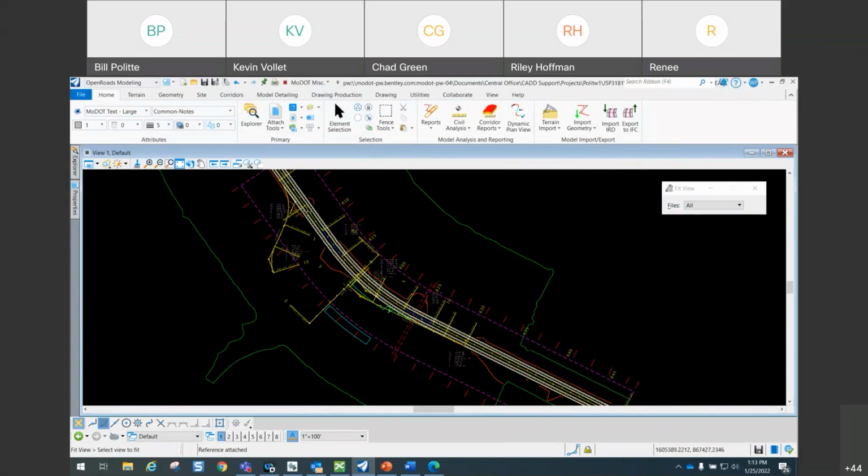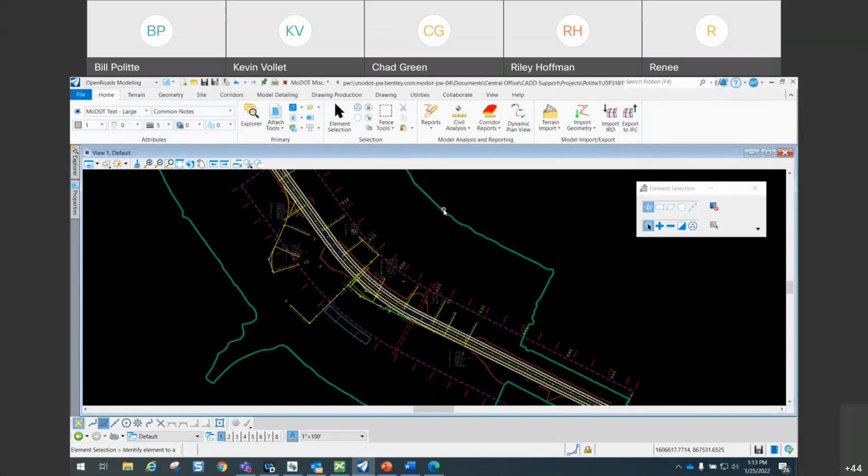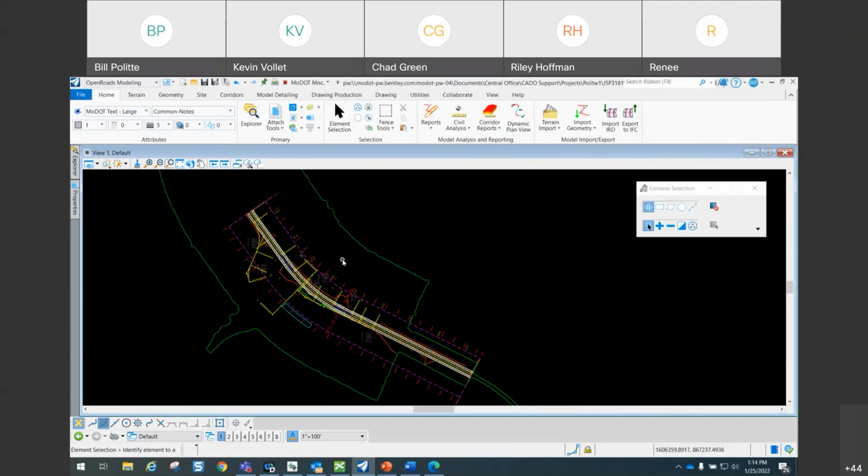So this is my geometry. You can see I got my Route 54 out here. It's at what used to be called a design stage of finished. Now it's a feature definition of finished, and our final. The next thing that we want to do is activate our terrain, because anything that you want to see in your name boundaries or your cross sections, you want to make sure you get that existing ground. After you've referenced everything in individually at a nested depth of 0, we're going to open up our 2D and 3D models,